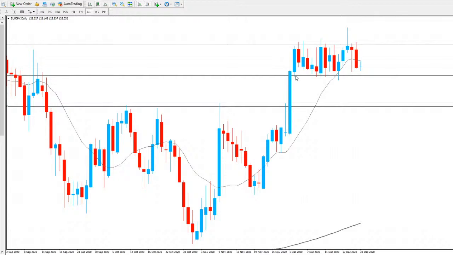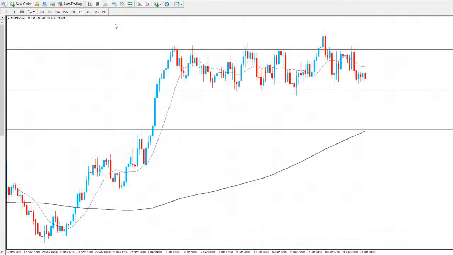As you can see, we had this big impulse move to the upside. Price just moving sideways. Could just be retracing that move and seeing another push to the upside potentially. So again, we do have targets both sides. Not going to try and second guess which way the market's going to go, as again, we're not too sure. But if you break to the downside, the 125 mark is potentially where we're going to go. And if we break to the upside, potentially could be seeing some new highs